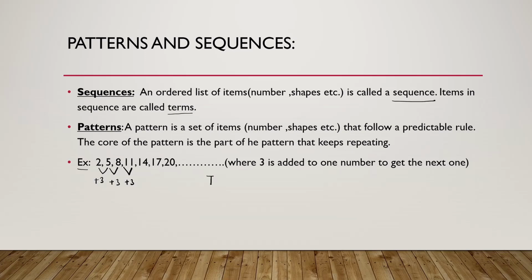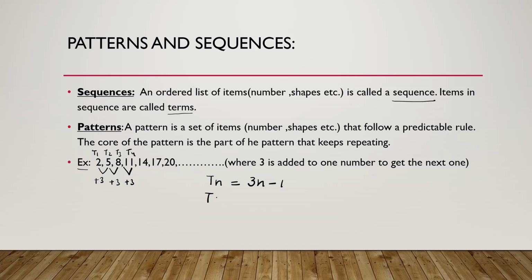Suppose this is T1, this is T2, likewise this is T3, and this is T4. I want to calculate the nth term. So Tn equals, how do we identify this? 3 is the difference between these two terms. So I will write it first. The difference is 3 and I will take n minus 1. If I do that, I can calculate every term of the sequence.